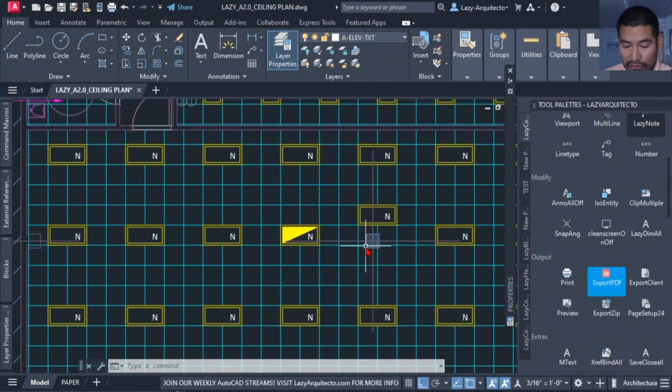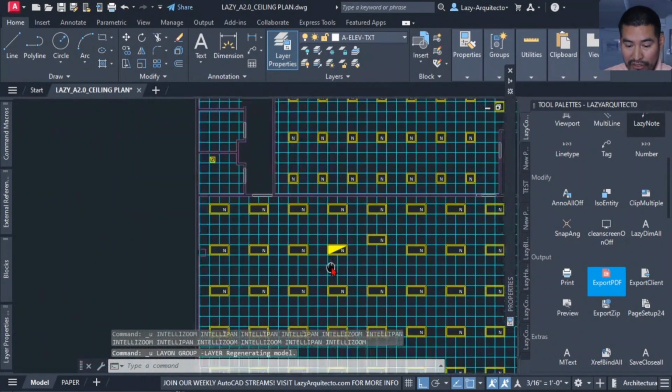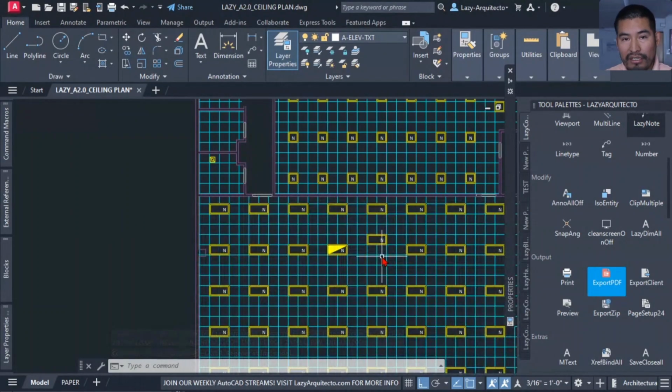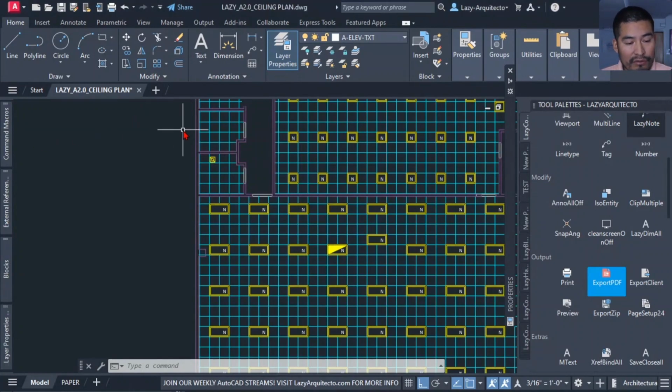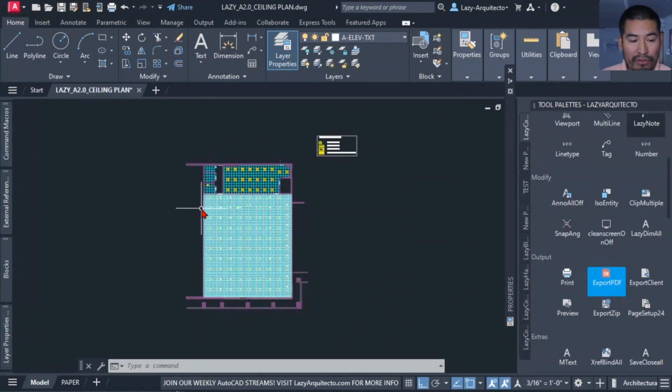So if I do Control Z, you can see that certain items such as columns right here that were not frozen but were only turned off now will also show up. And that's what I wanted. Now, there was another issue with this command, guys. And the issue was, what about some of these points, weird points that don't let us